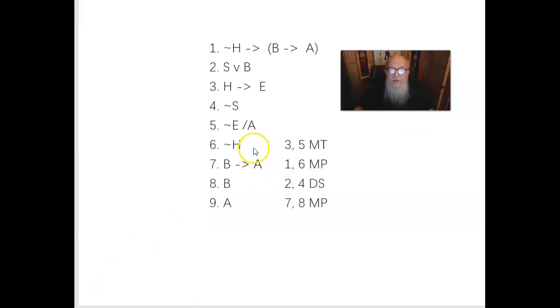So I get not H from 3 and 5 by modus tollens. I get B then A from lines 1 and 6 by modus ponens. I get the B from lines 2 and 4 by disjunctive syllogism. And then I can get the A from 7 and 8 by modus ponens. And so I've thought my way backwards from the conclusion to the premise and sort of reasoned through